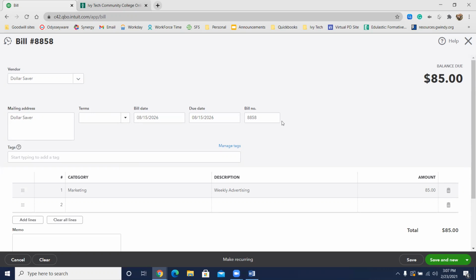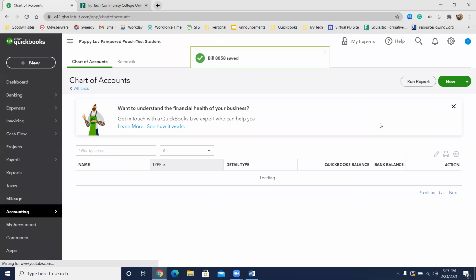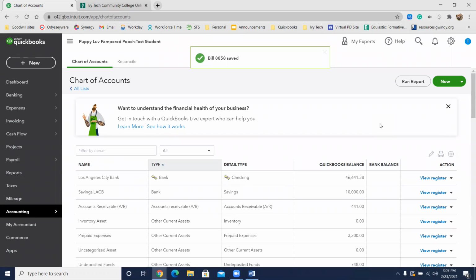Oh, and it's due in 30 days, so we want to make sure our terms are net 30, again, because it's due in 30 days. So that's a total of $85. We're, in this case, going to click save and close, because the next couple transactions we have here are going to be sales receipts. So Donnie Jacobs brought in 3 small dogs, Lucky, Nancy, and Dolly, for a full pet